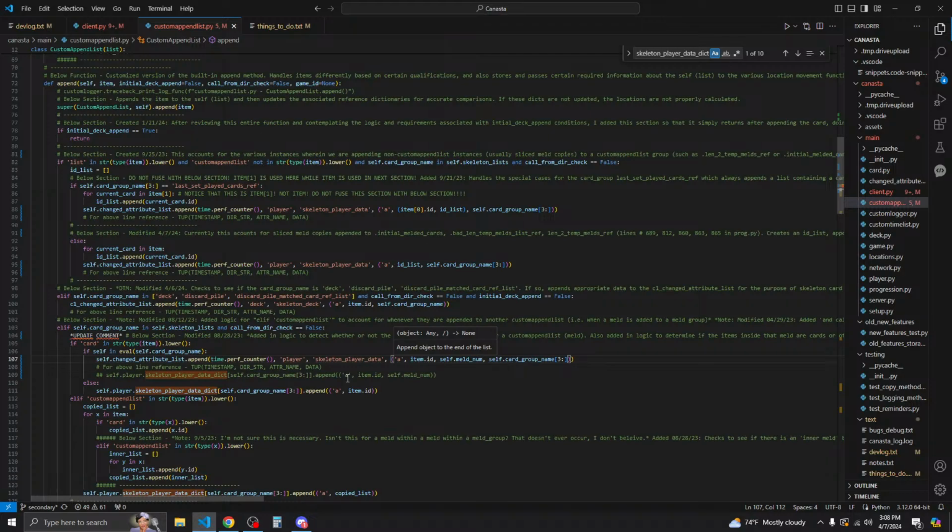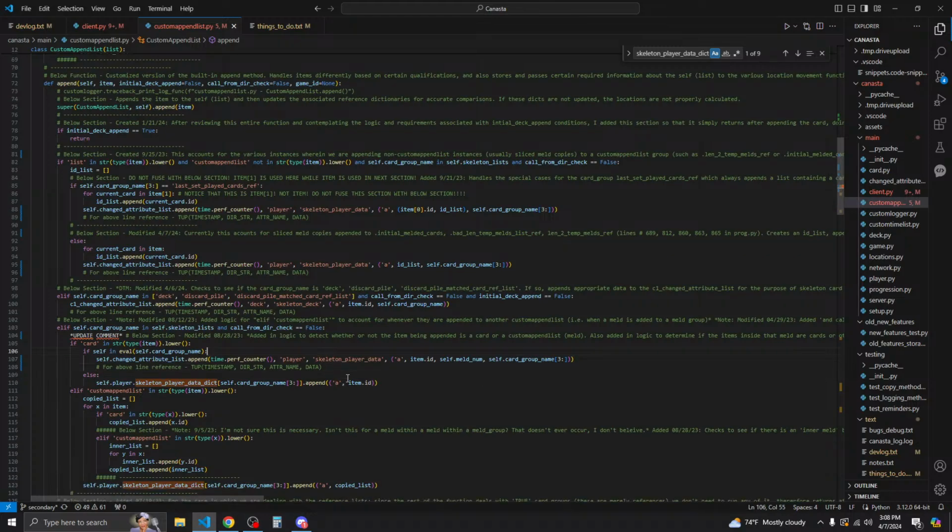So this one has 4 elements to data. It has the operation string, the card ID, the self.meldnum, and then the self.cardroot name as the 4th element. Okay, yeah, so that should be good. Skeleton player data, a item ID, self.meldnum. Alright, so that's good. And then we can update this comment, which will say modified for